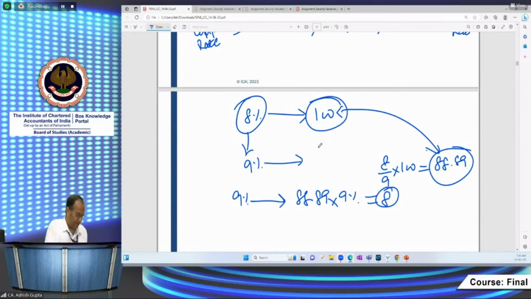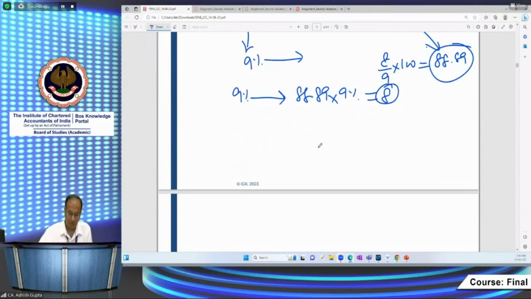Now the next concept is yield to maturity. If you recall, we normally used to call, what is the